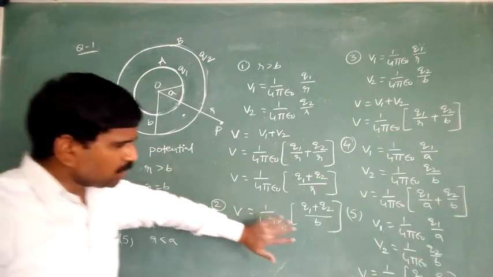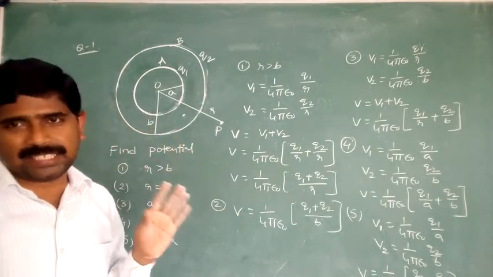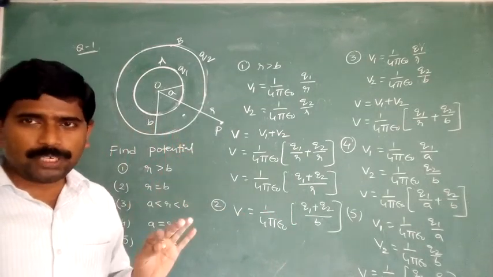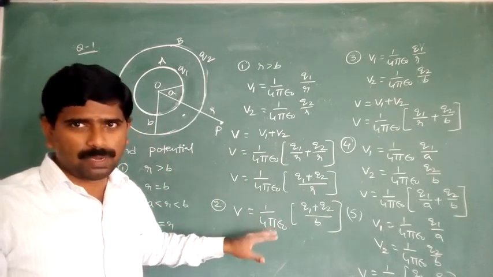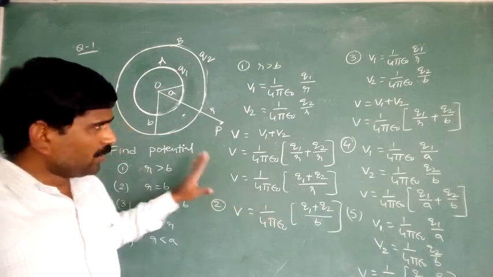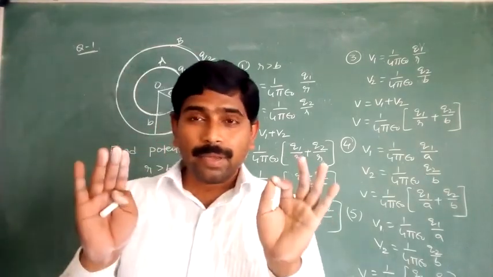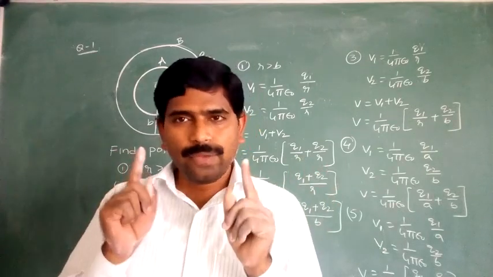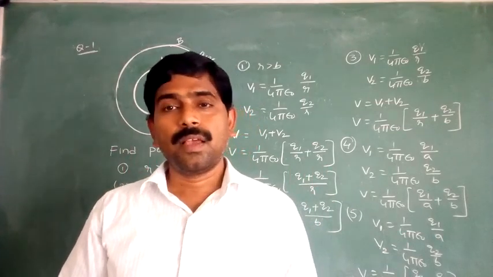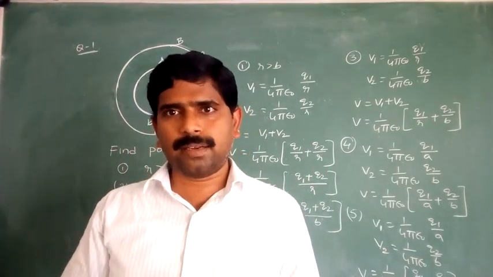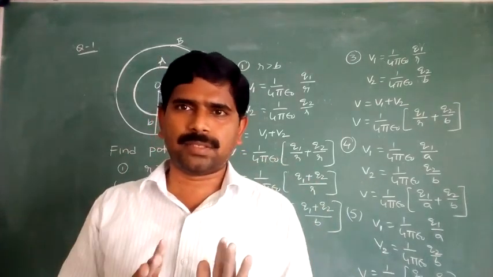So here this problem is solved by using the expressions we derived for the electric potentials due to the charged spherical shell. We are using those formulas only. So here try to observe the concept. You should never memorize it by heart. When you memorize physics by heart, that becomes difficult. When you try to understand, then that subject becomes easy, not only physics, every subject.